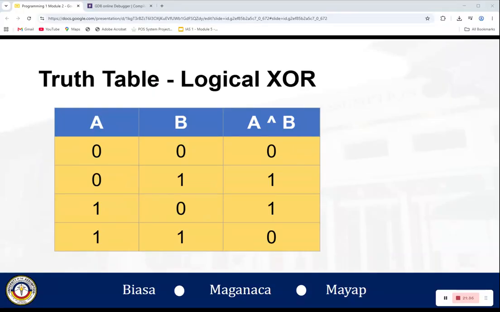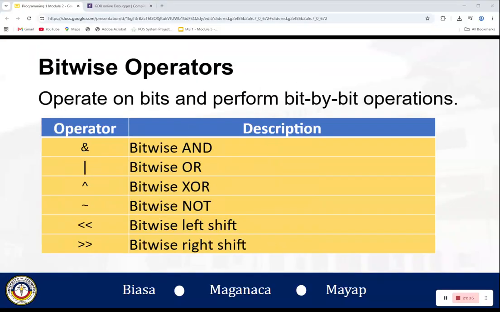Now we have 1 XOR 1, that will result in 0, because they are the same. So whenever you see XOR, you may just want to ask yourself, are the two bits different? If yes, then you get a one as the result.